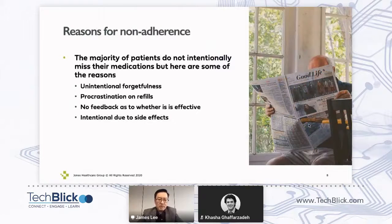So why do people not adhere? There's a few different reasons. One, which is pretty basic, is unintentional forgetfulness. If you don't remember to take your medication, then that's a major problem. Another issue that we see is people procrastinate on picking up their refills for medication. If you're on a chronic medication and you need to refill it every